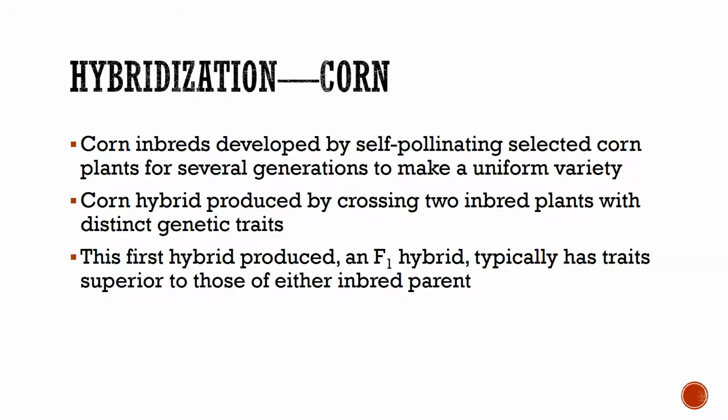We have to do that by crossing two inbred plants with very distinct genetic traits. The first hybrid, that F1, typically has traits that are superior to those of either inbred parent. So we're taking that F1 and trying to get it to that F6, so that we can then take the seeds and